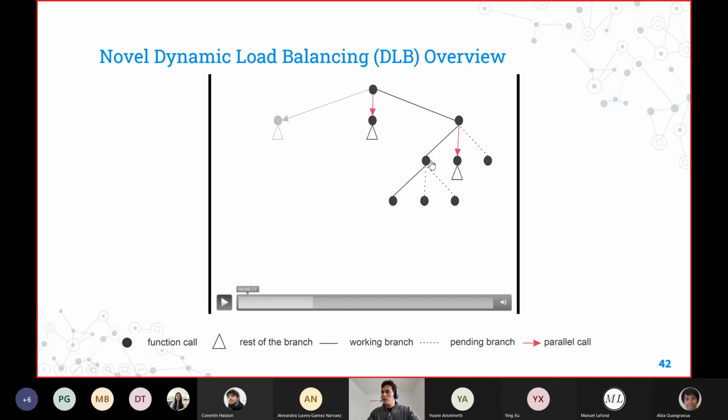Now, it goes sequentially to the left because all the other processors are working. But at some point, this one will just finish its task, and now will be available. What is going to happen is that this processor, or any other processor, well, it's going to be this processor because each processor is in charge of its branch, and then it's going to make a parallel call for this pending branch.